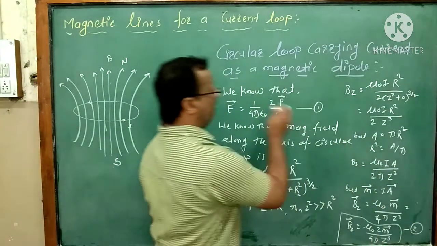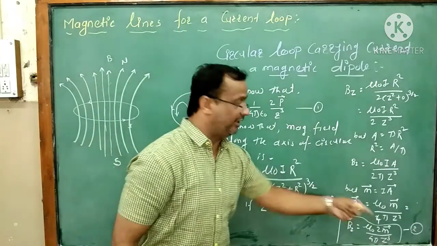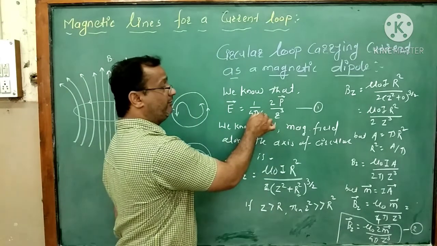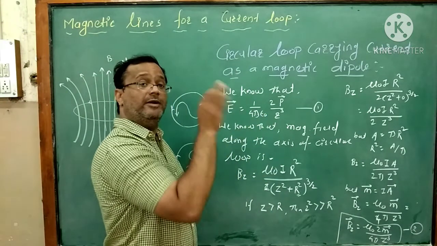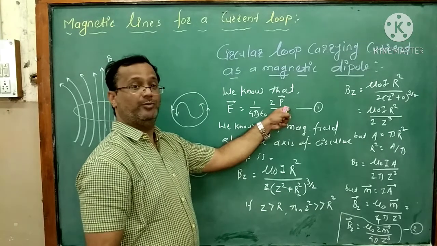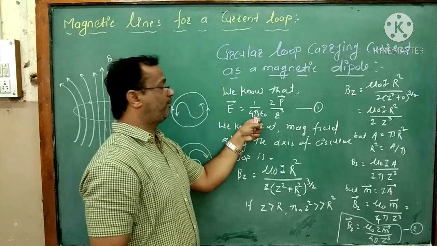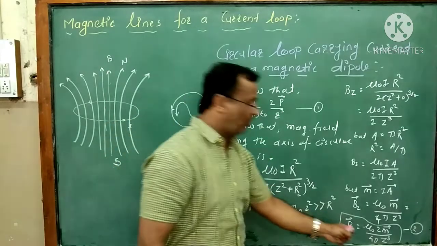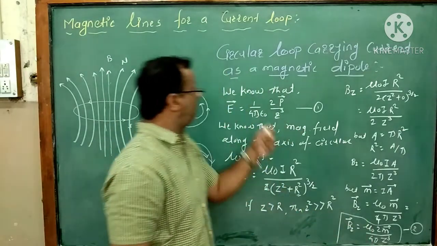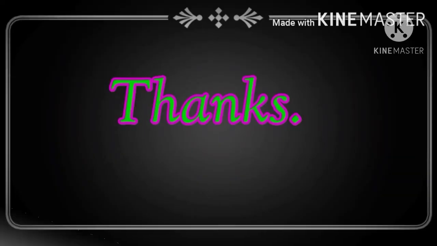If we compare equation 1 and equation 2, this is the equation of the electric field produced by the electric dipole. In the electric field, the constant is 1 upon 4 pi epsilon 0. In the magnetic field, the constant is mu 0 upon 4 pi. Here 2 into the